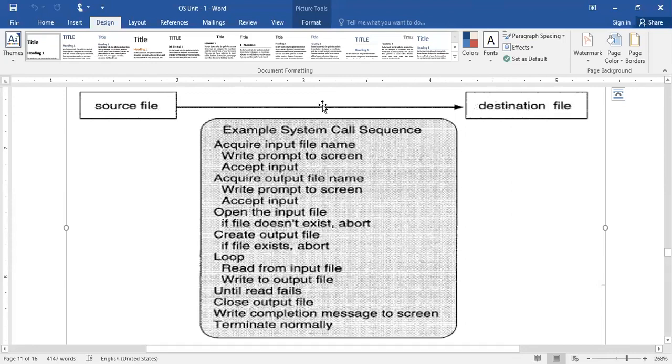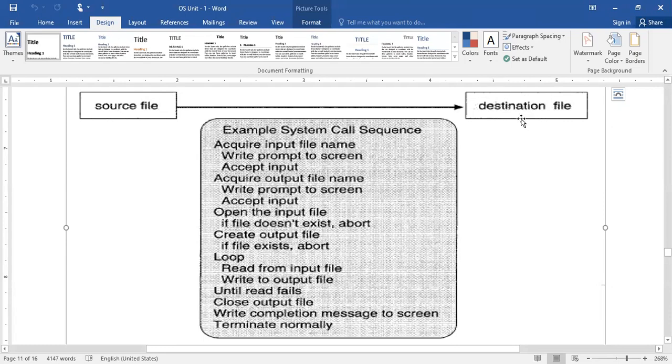So in order to avoid it, what we have to do is copy the contents manually from the source file and add them at the end of the destination file, or wherever you want to add. Okay, that you are already aware of. Suppose everything went well, that means there is no file existing with the source file name and the destination file name, so a new file has been created with the name specified by you.